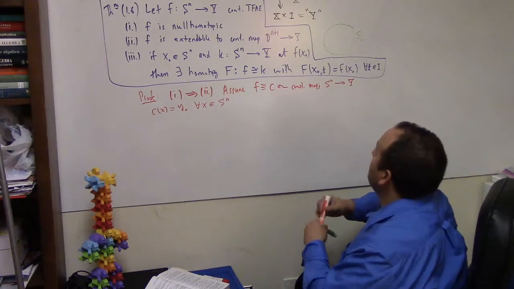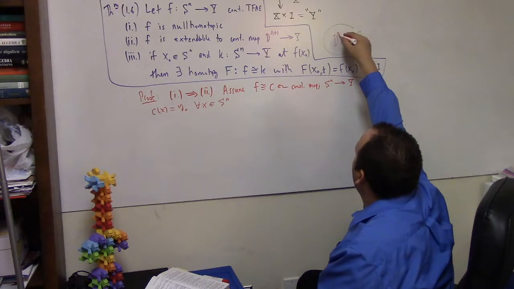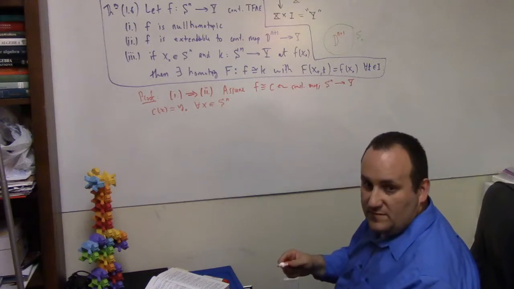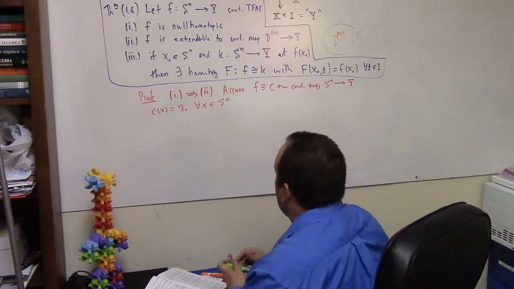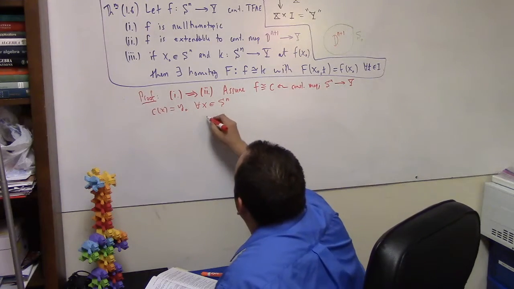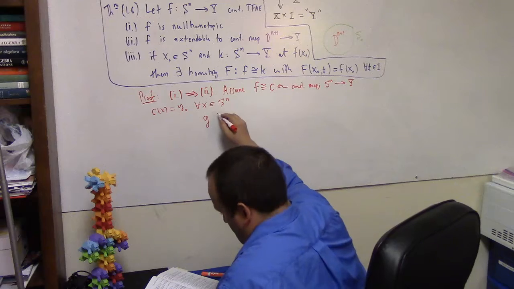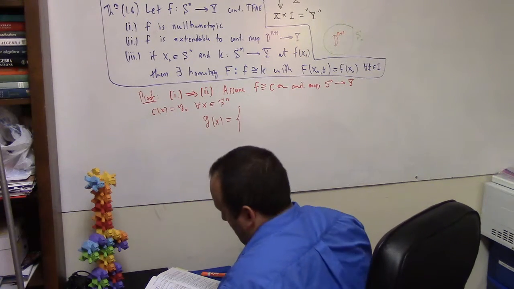And the D^(n+1) is in here, right? So, for example, S^1 is the circle, D^2 is the disk. So we need to define, let's call the extension G. We want to define G of x equal to,